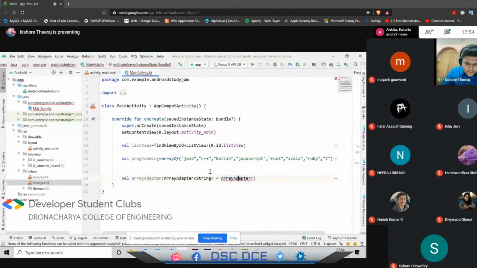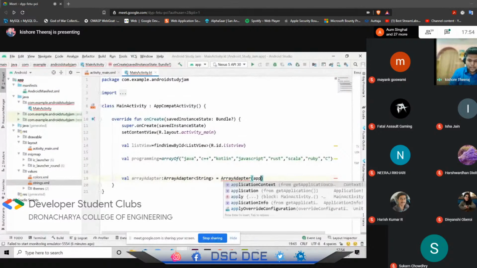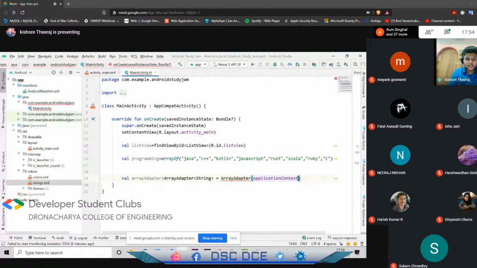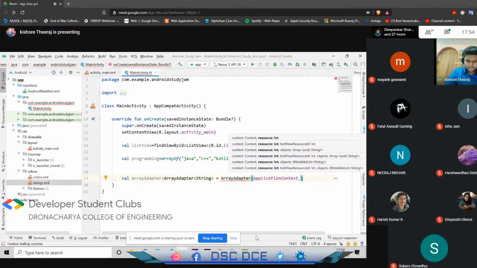This array adapter method is available inside the array adapter class. So pass the application context. Application context is nothing but the current activity. Whatever activity is out there, it will be in the application context. So you're gonna pass that, and then